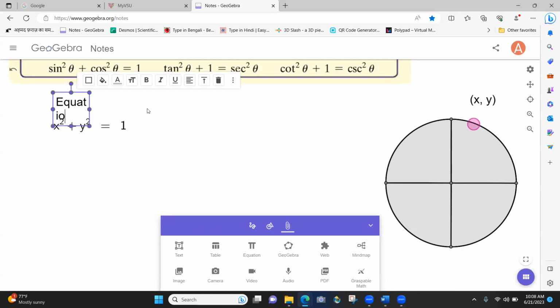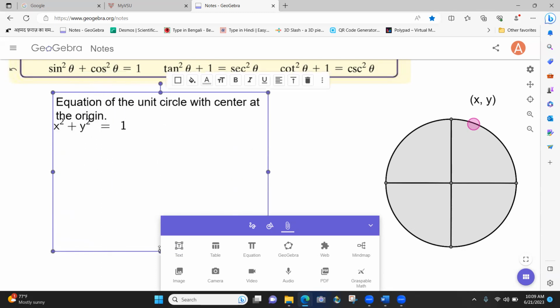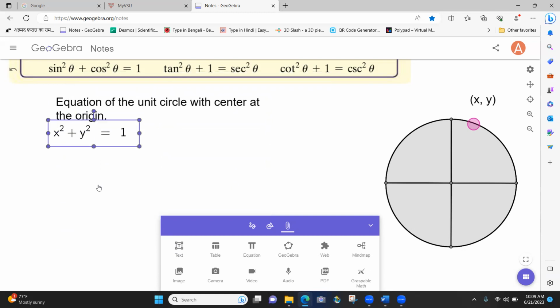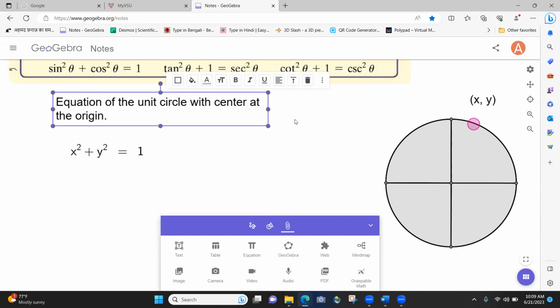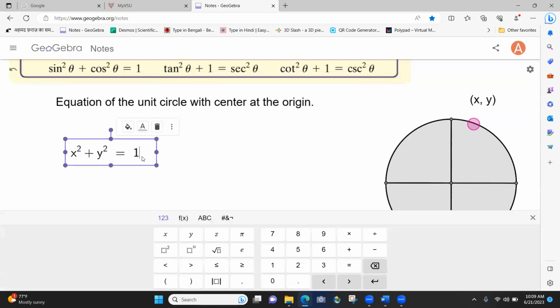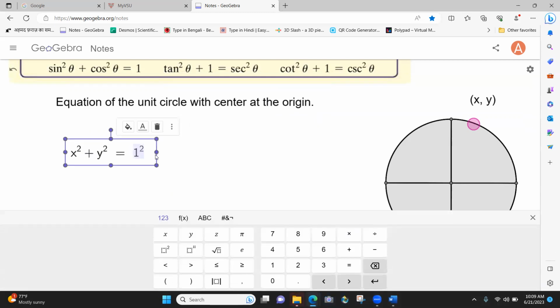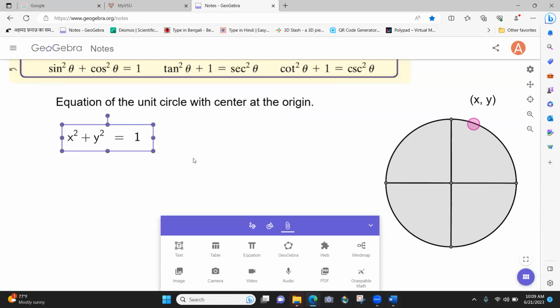Equation of the unit circle with center at the origin. Okay, this circle is the equation. This equation represents the circle that has center at the origin, and its radius is 1. And some people write it as 1 squared, but you know 1 squared is 1. Okay, this is something we're supposed to know. All I have to do to get this equation, sine squared theta plus cos squared theta